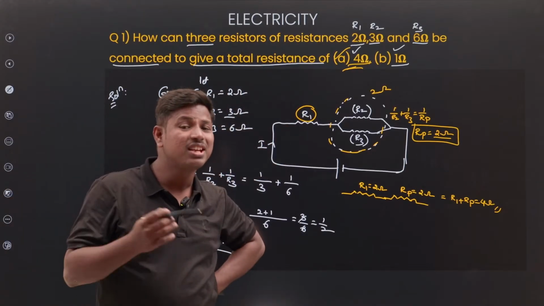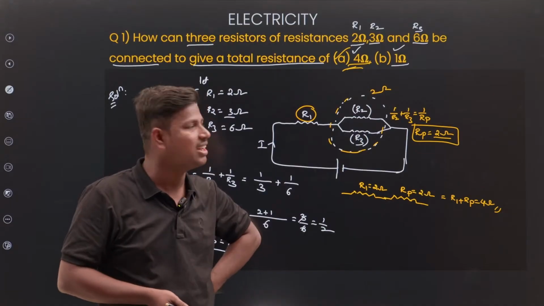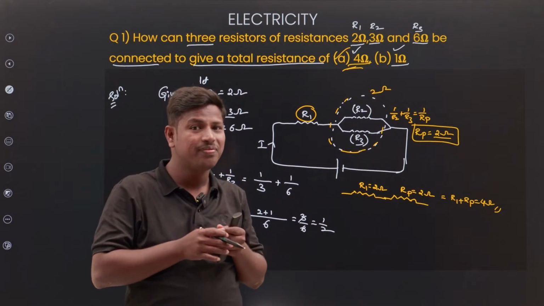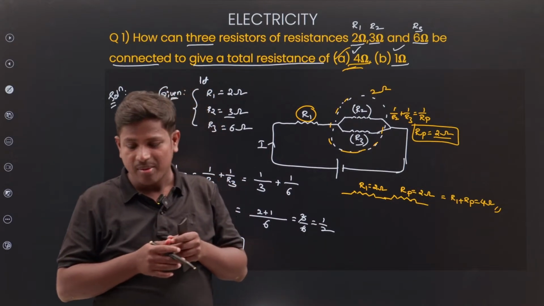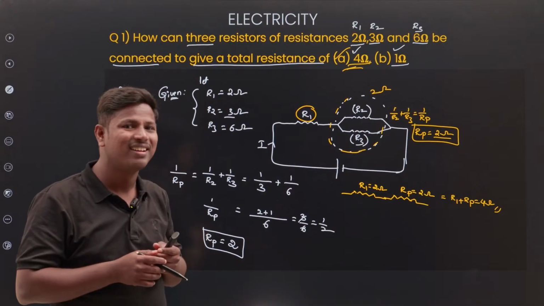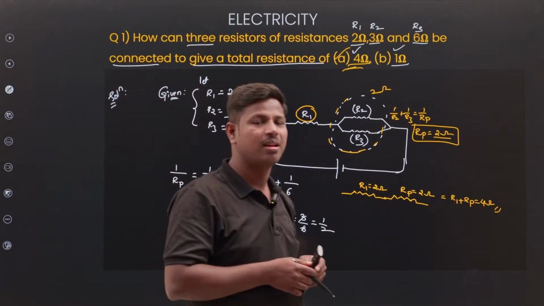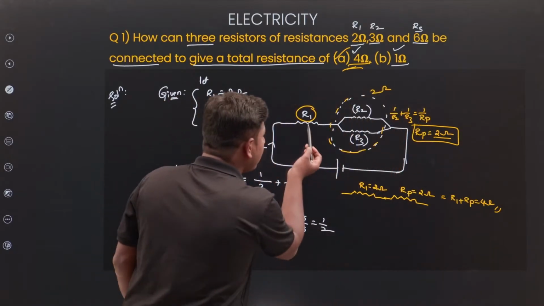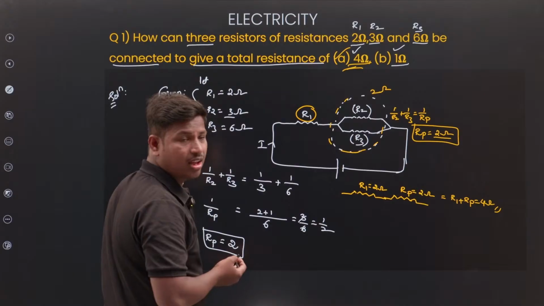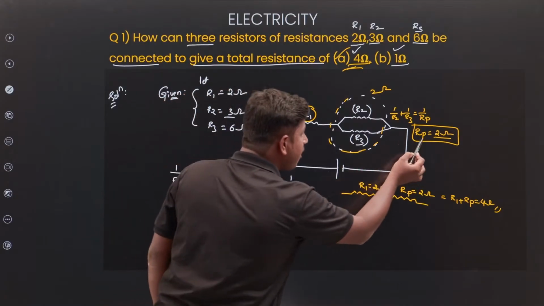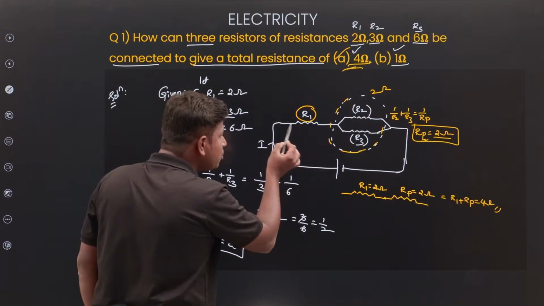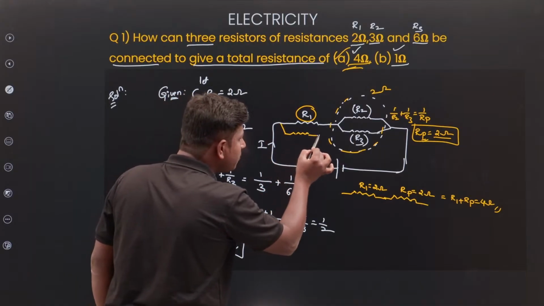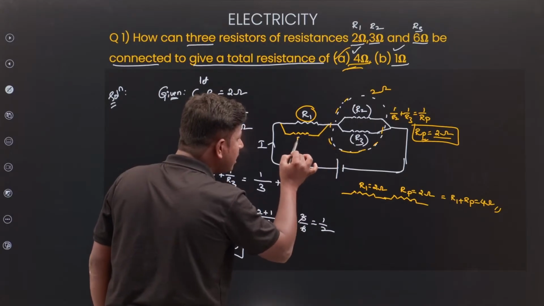And the second one is not completed yet. 1 ohm, how do you get 1 ohm? Anybody from the comment section? See, here R1 is there. What is the value of RP? 2 ohms. These 2 ohms, if I connect them to R1 in parallel,